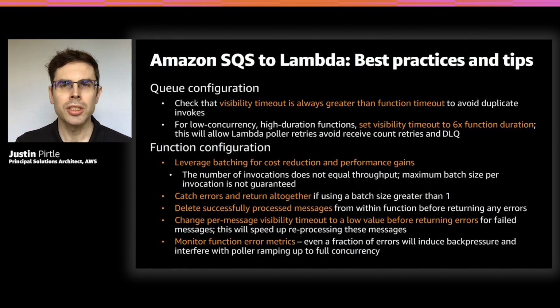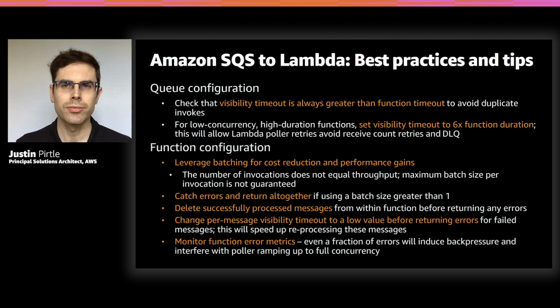So to summarize these best practices, I want to briefly touch on the various areas. On the queue level, we've mentioned the visibility timeout is a very important setting. To allow Lambda to have time to retry those messages on your behalf, you want to set the visibility timeout to 6 times the function duration. This will avoid having that receive count increment up unnecessarily and sending messages to the dead letter queue that could